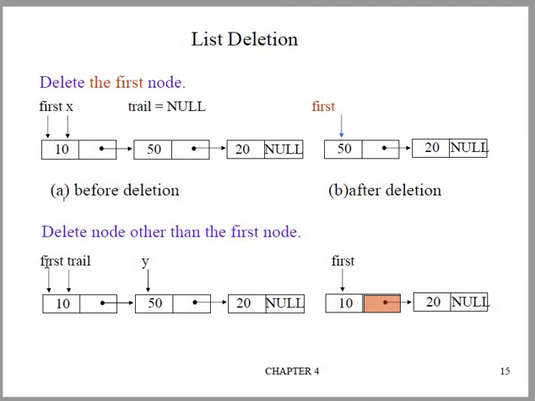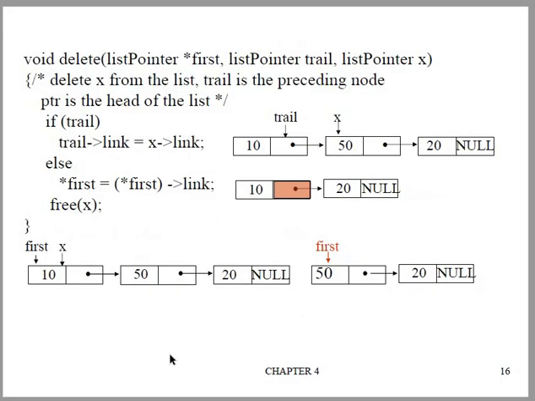So first link equal to, we have to make y equal to first link. So we'll get the address of the node after the first node, that is node 10. Now first link equal to y link. Y link means we'll get the address of 20. Then we have to release the node y. Free node y, if you give that, that node will be removed. Now let's see the function.